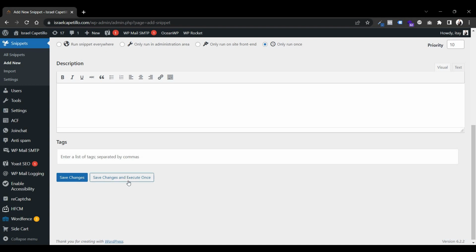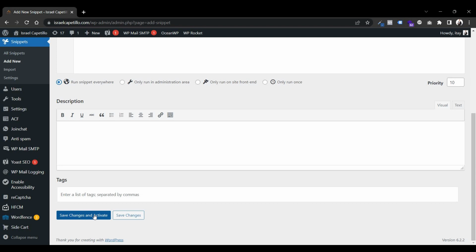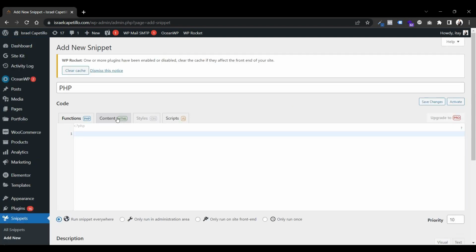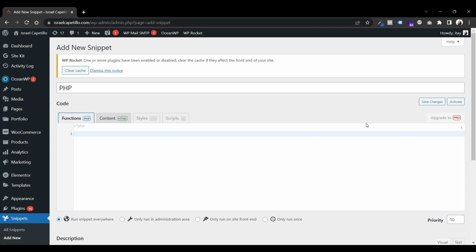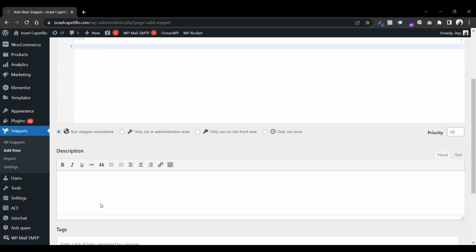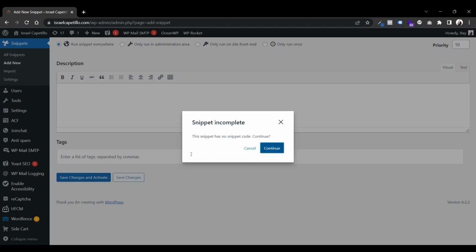After that, you save the changes, save changes and execute once. And of course, if it's running everywhere, you can just choose it here, save changes and activate it. And then you can also choose to put HTML content with that snippet, so it will run it together. If you want to upgrade it to Pro, you can also add CSS and then JavaScript as well in the same snippet. And after you have saved the changes and activated it, you can see that it works right here